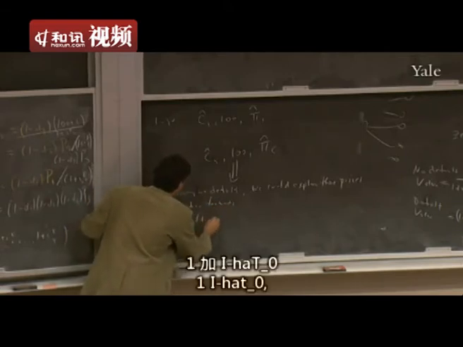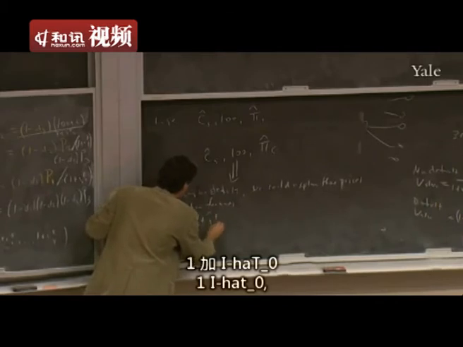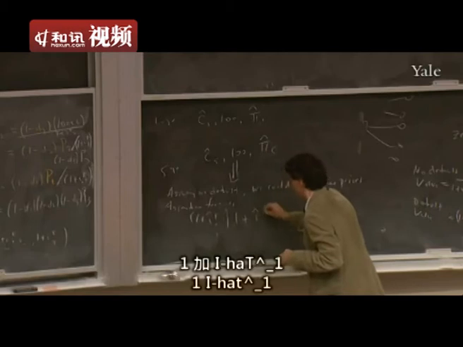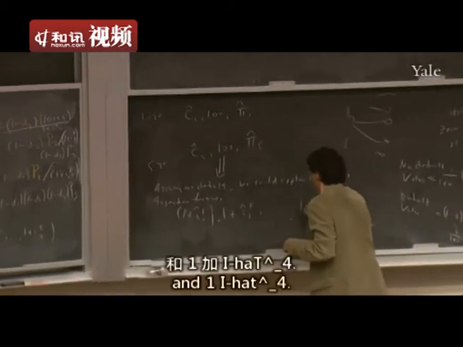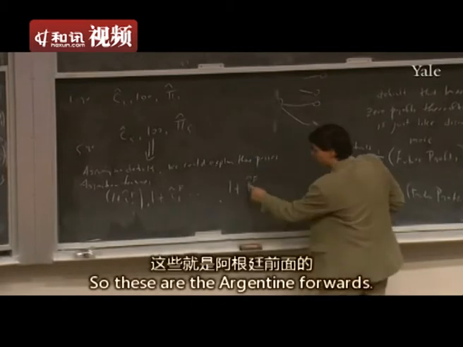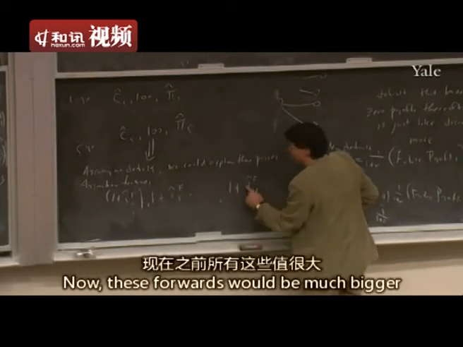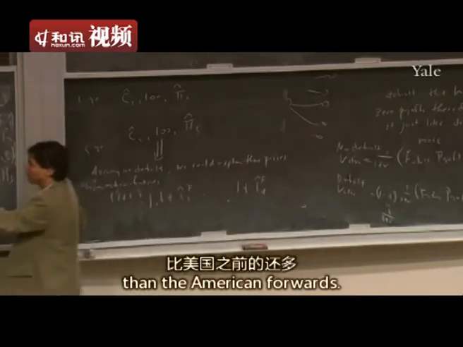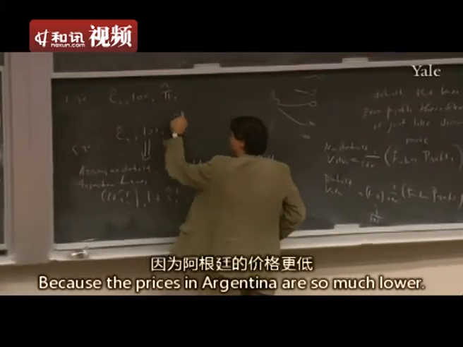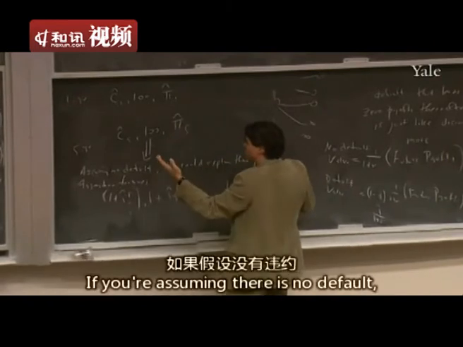Forwards: 1 plus i hat 0, 1 plus i hat forward 1, and 1 plus i hat forward 4. Okay, so these are the Argentine forwards. Now these forwards would be much bigger than the American forwards. Why is that? Because the prices in Argentina are so much lower. If you're assuming there's no default,